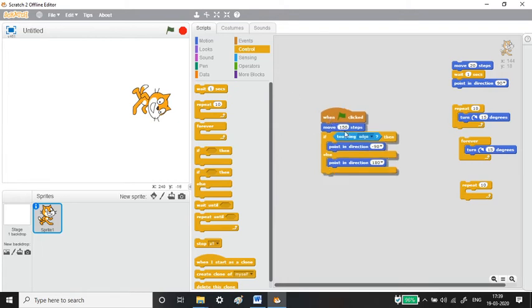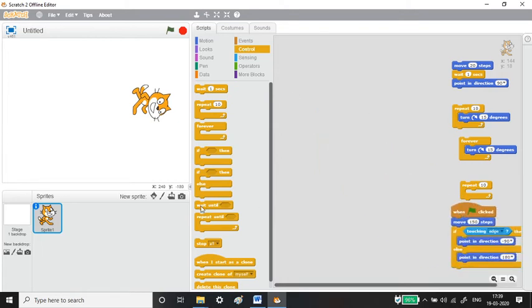Done. Now comes wait. So wait until, this is like you can wait till your friend arrives, you can wait till the food arrives. So this is similar to that. You are asking the program to wait till a particular task is done.